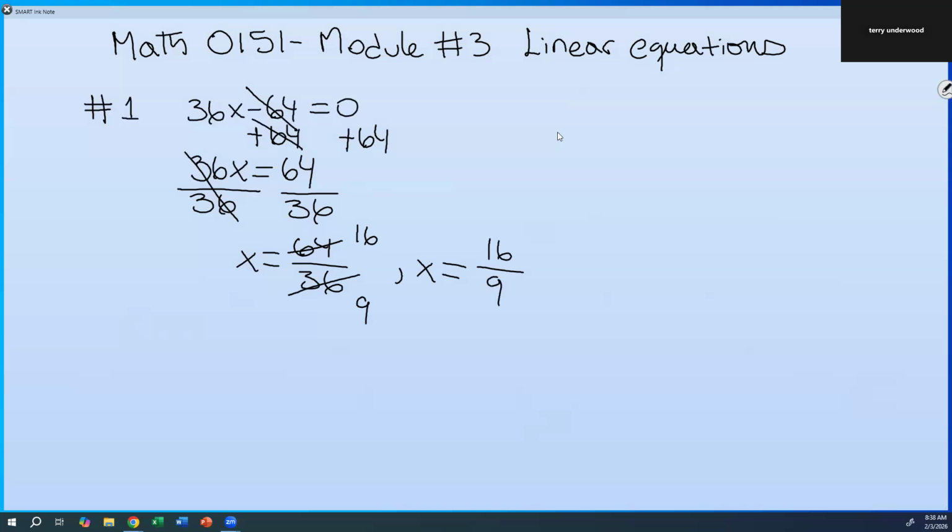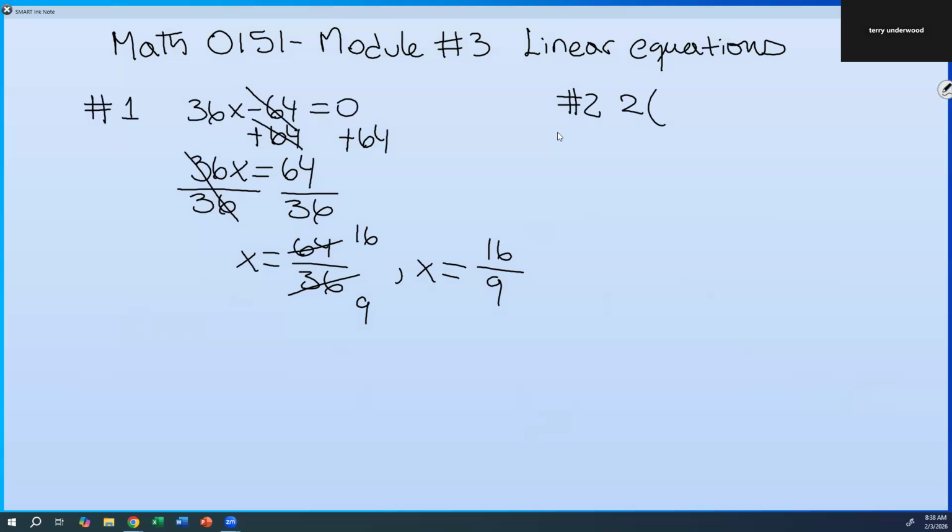There is nothing else I can do because there is no number that can divide 16 and 9 evenly. So that is my final answer. I stop there. Let's do example number 2. Example number 2 also has only one variable. Let's do this equation. You have 2 that is multiplied by, in parentheses,